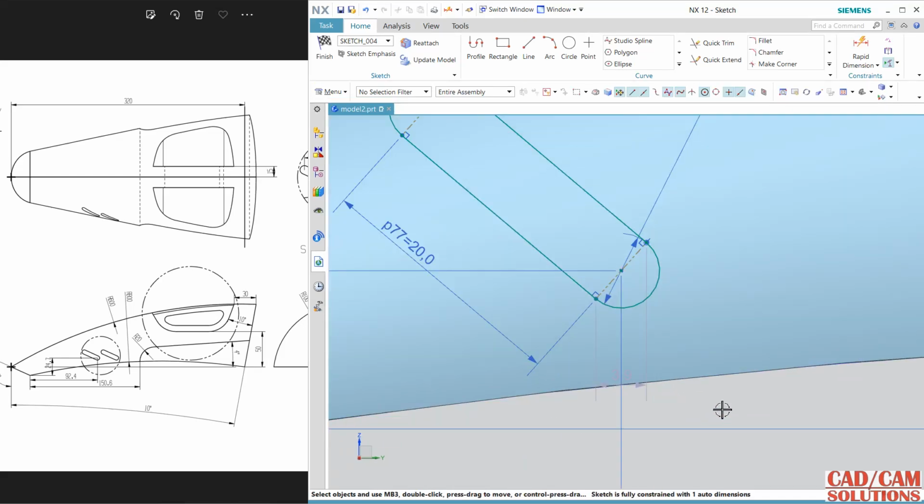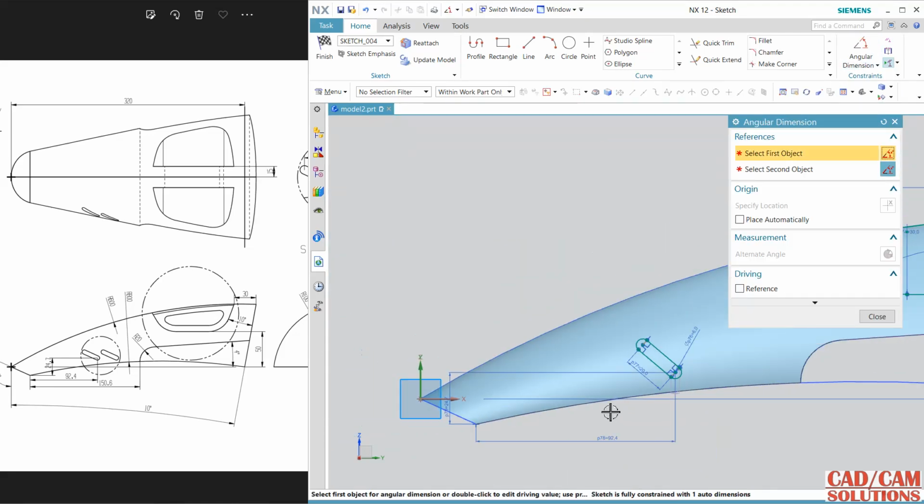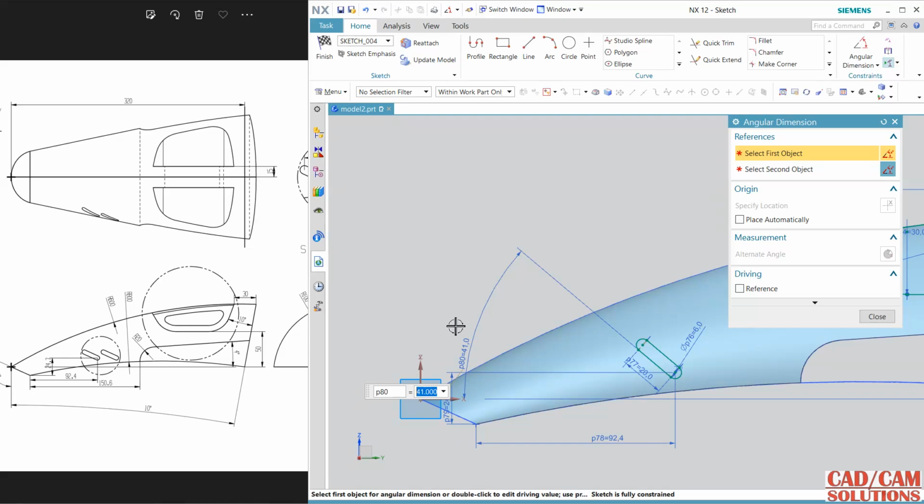Still something missing. Angle. So go to this angle, angle between this and the horizontal. So this gap is 30, right?